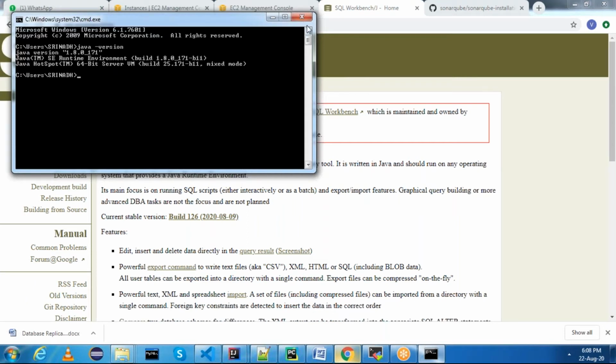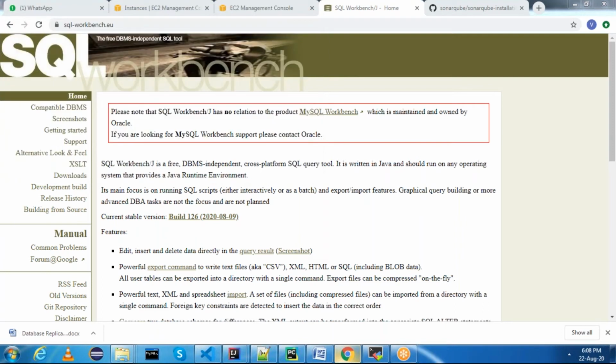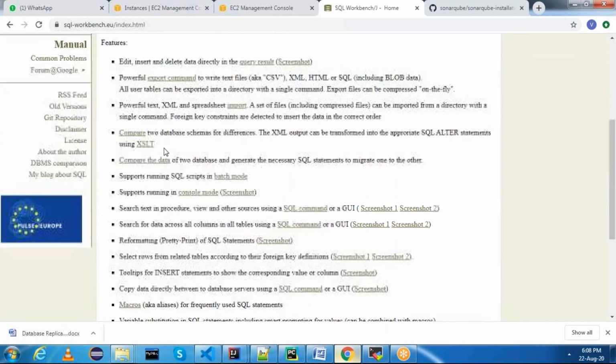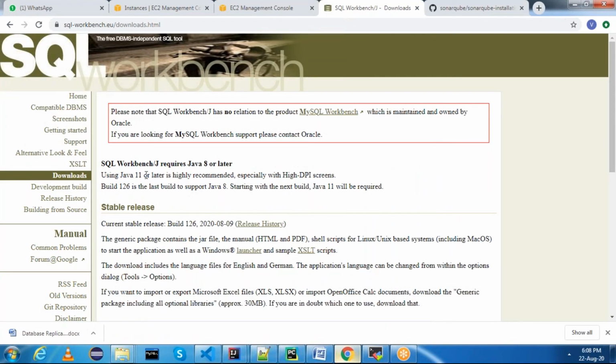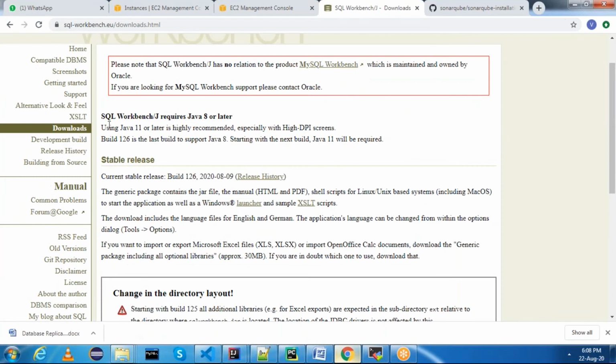This SQL Workbench is to connect to any database. Scroll down. Click on downloads. If you see, SQL Workbench requires Java 8 or later, and I already have Java 8.